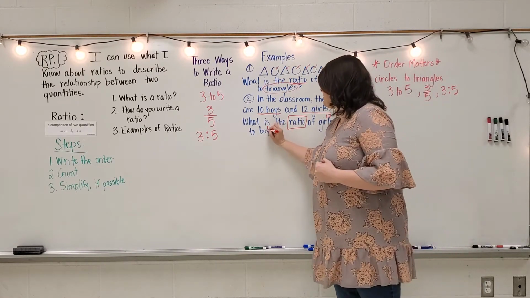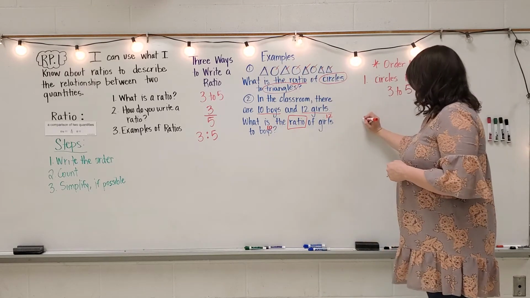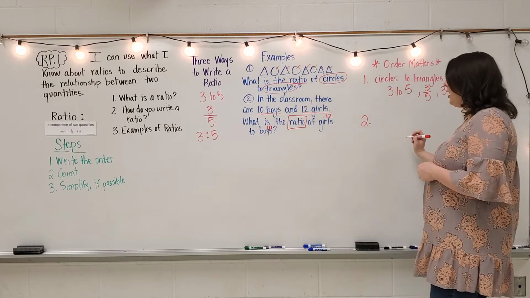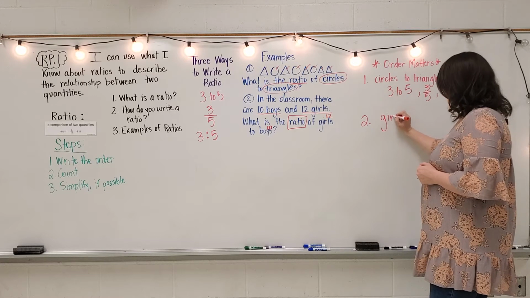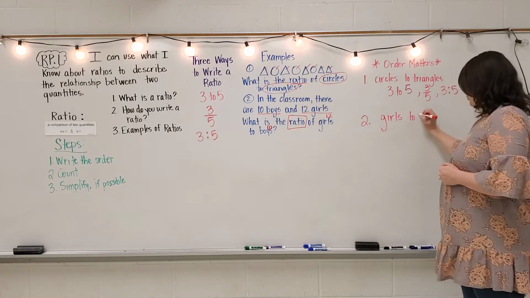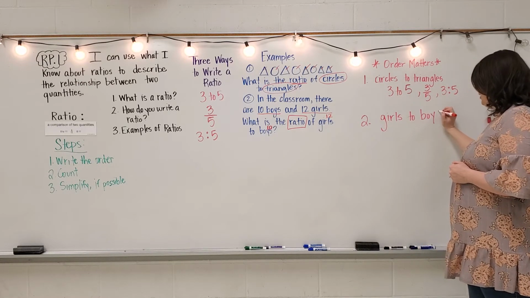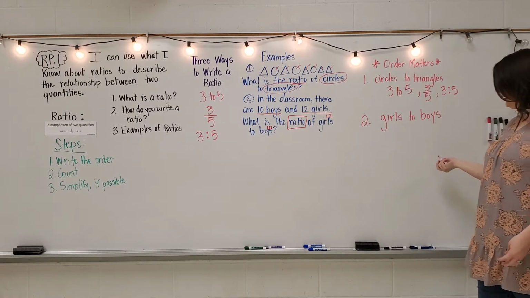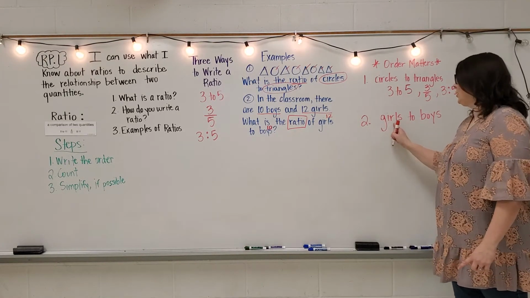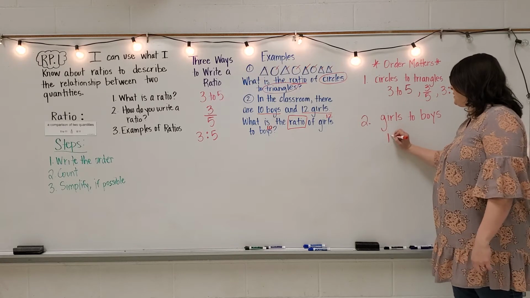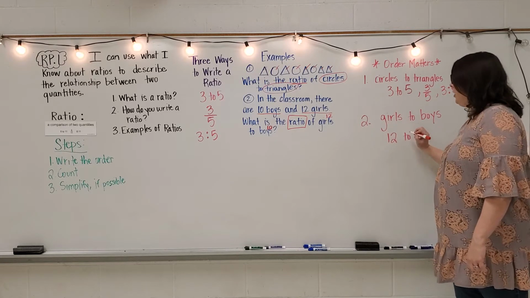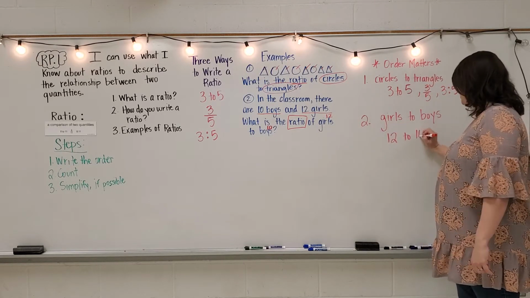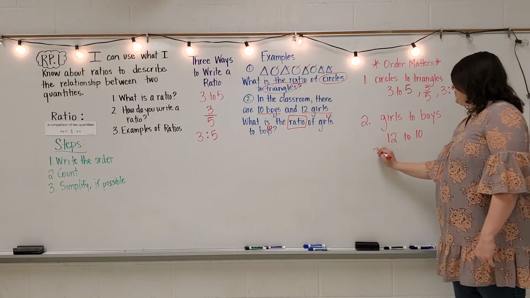For boys, there are 10. So over here where I'm writing it down, I would say girls to boys. I'm comparing the number of girls to the number of boys. And I'm going to replace girls with the number 12 because that's the quantity, and boys with 10. Then I can write it as a fraction